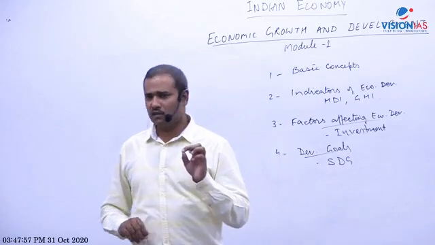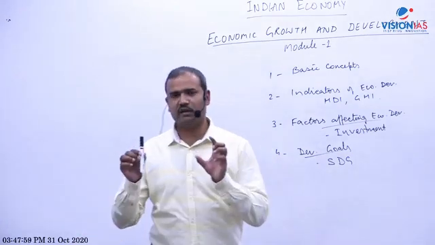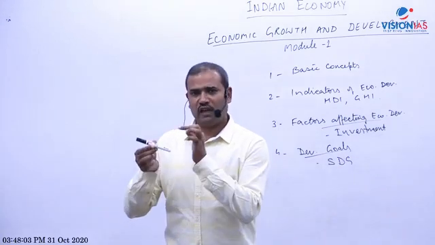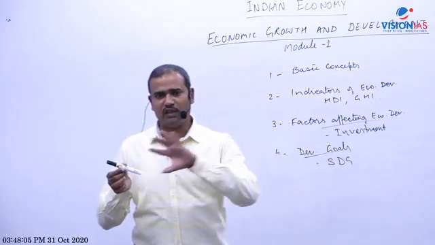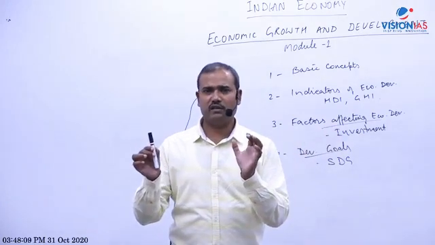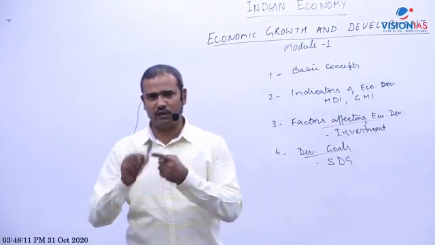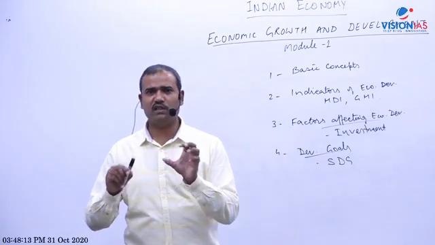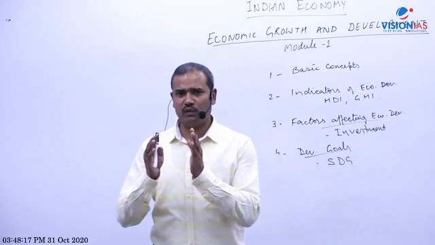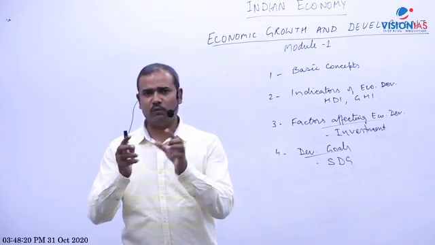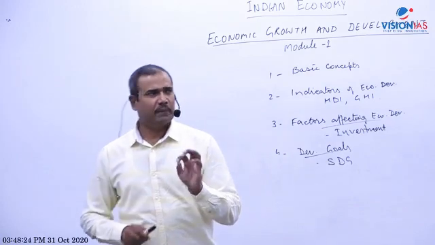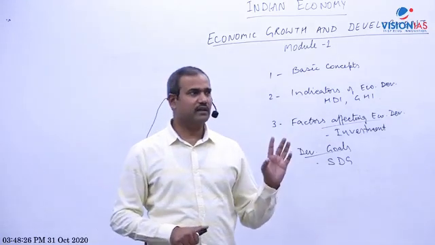A firm is one company; a company manufacturing markers will be a firm. For example, this is Camlin. So Camlin is one firm, and all companies manufacturing markers like Reynolds, Camlin, etc., that is called an industry. So in microeconomics we study firm as well as industry. Both are studied in micro. Just like I will discuss the demand of one person, and market demand means the demand of all people for a given product. That is also micro. Okay, but don't worry, in chapter 3 it will be clear.